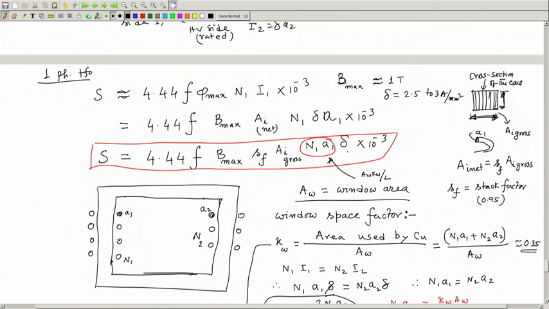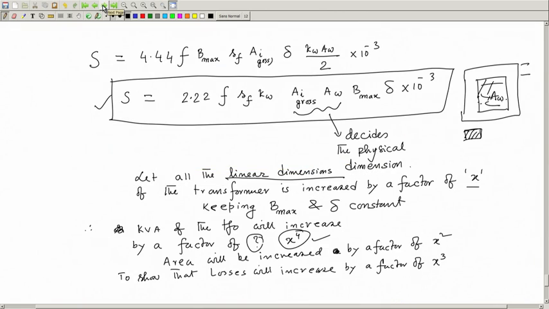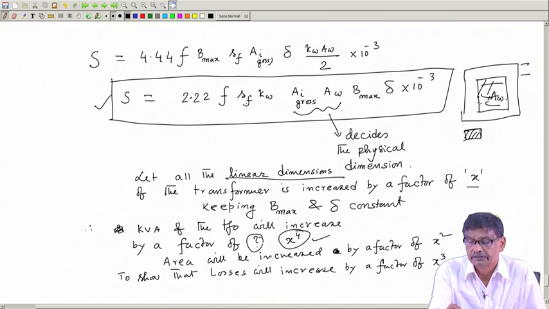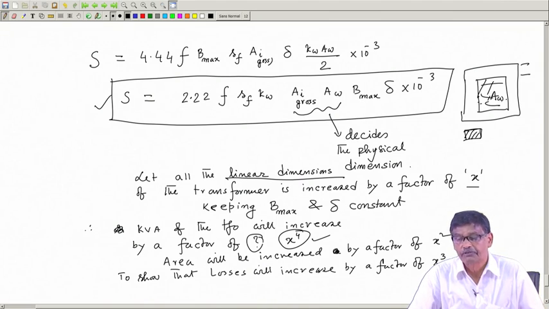Then our aim was to show that the KVA rating of the transformer is proportional to the physical dimension of the transformer. Physical dimension, who decides? The core area and the window area. Overall dimension gets determined by AI gross and B max. And these two factors, stacking factor and window space factors,